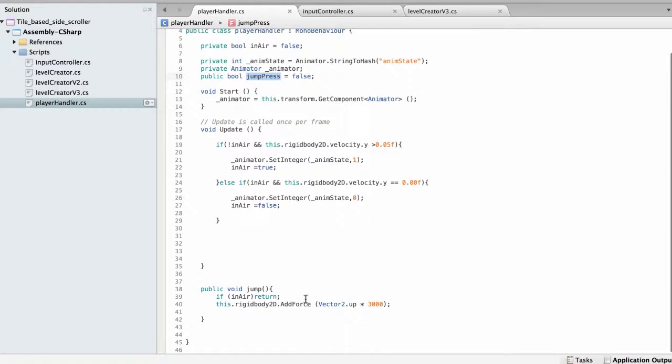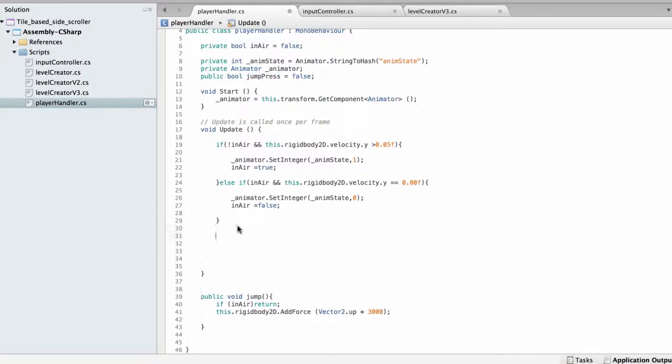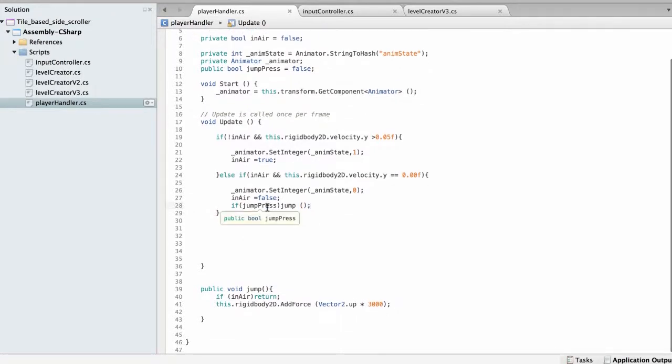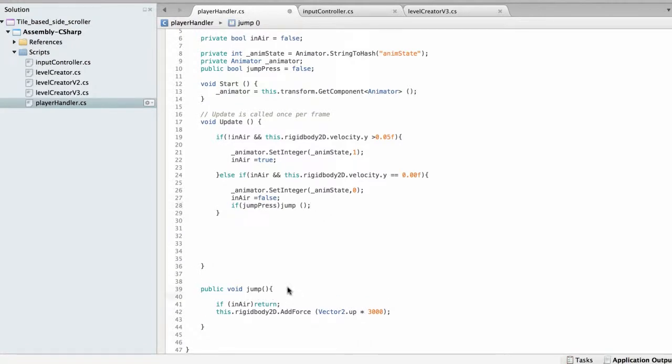And if jump press is present when we hit the ground, we're going to jump again, or if jump press is true. So every time we press jump, jump press will be true, and every time we release our interaction, it will be false. So I'm going to set true here,